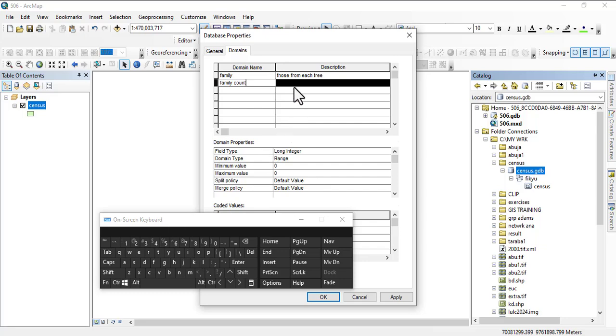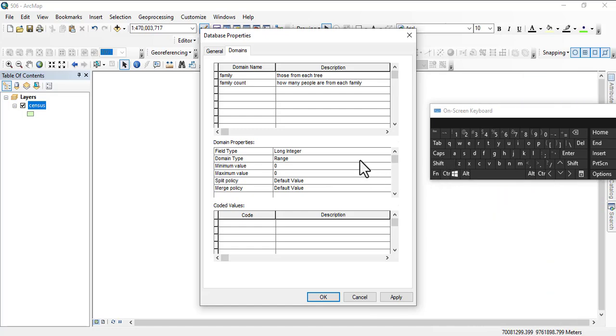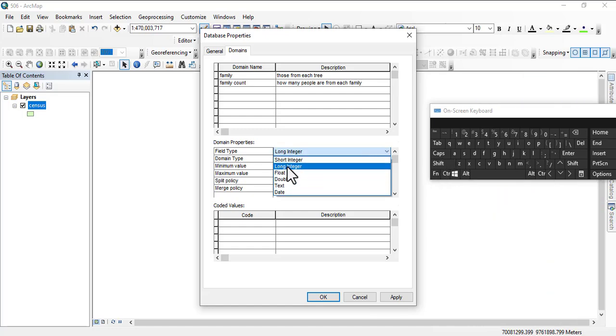So the family count now. So how many people are in that? How many people are from that family? Each family, right? Alright, so this one now is a count. So anything we select, whether it's an integer or float, or it's going to be a coded domain. Alright,